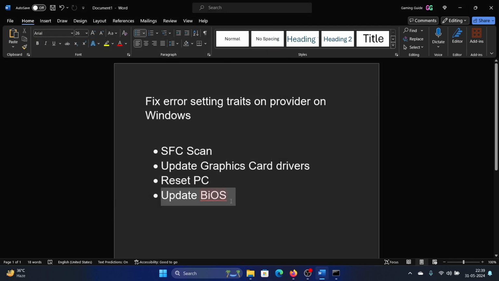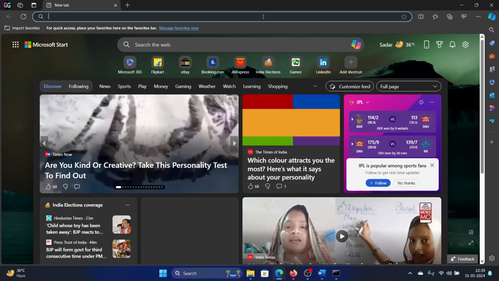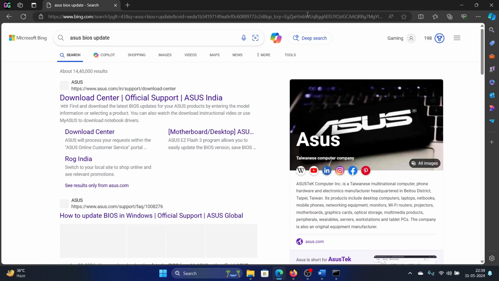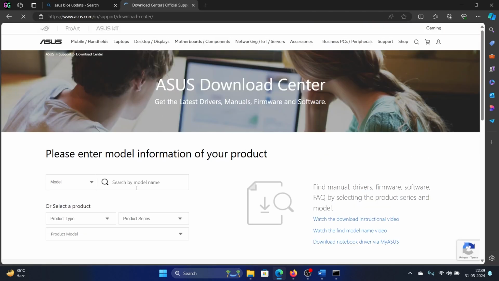The next solution is to update BIOS. Now, what does it mean by updating BIOS? So I have an Asus computer. All I need to do is search for Asus BIOS update and then go to its official center and enter the model name. In my case, it's